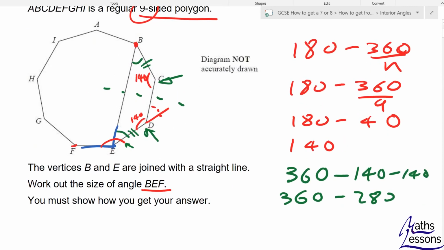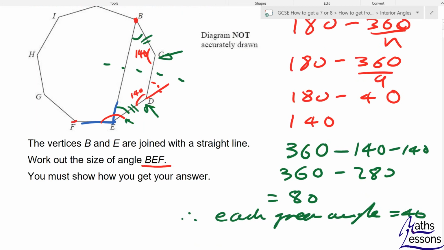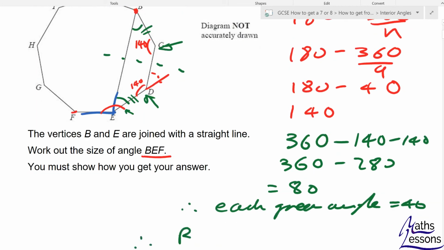Two of those angles equal 80, so each green angle equals 40. Therefore BEF will equal 140 minus 40. That red angle here is equal to 140, and we take away the green angle, and we will get